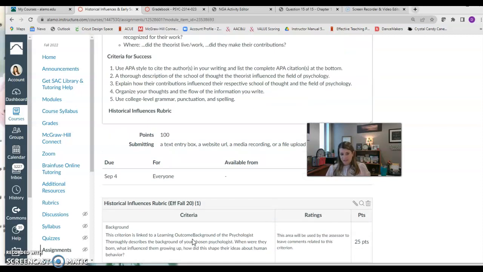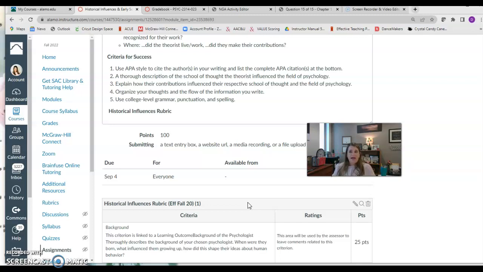I do expect you to have citations, remember you always want to cite if it's not your original thought or idea, and provide that citation. But I'm going to be very lenient in grading. This is a warm up to you figuring that out. So it's more of a teaching moment for me. I don't expect it to be absolutely 100% perfect for you to get those points. Okay. So I don't want anybody to be nervous about that, especially if it's your first time doing any type of citation. Please go back to the Getting Started module and use the references there if you're completely lost on